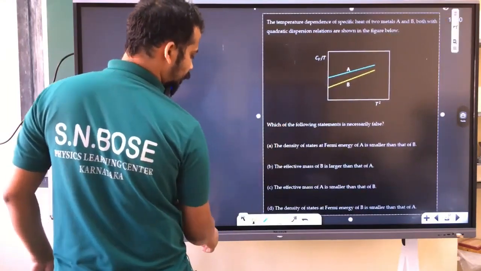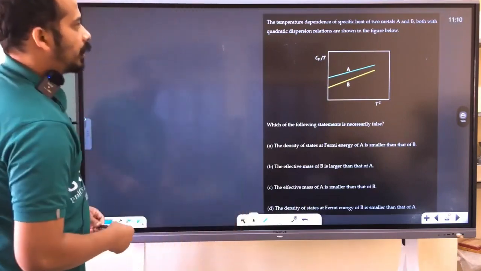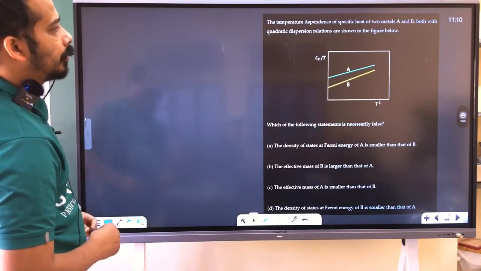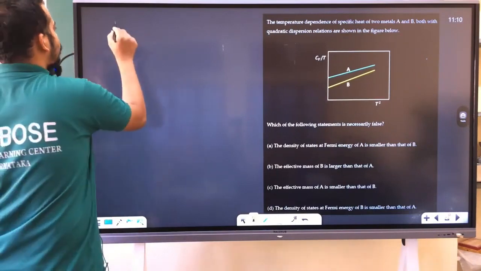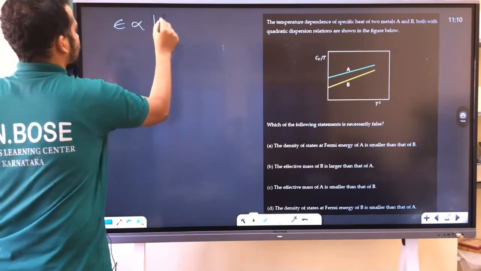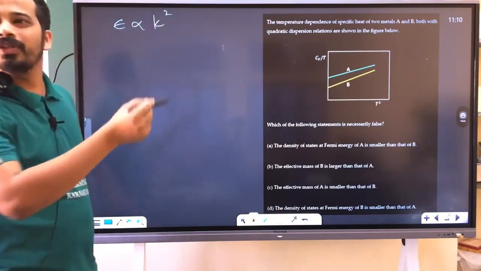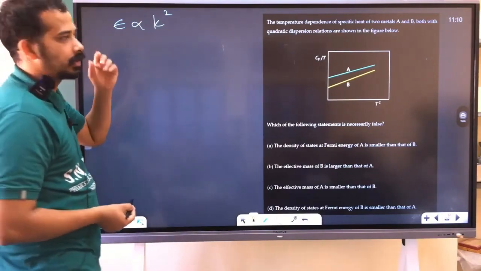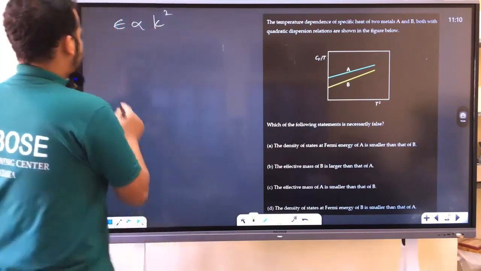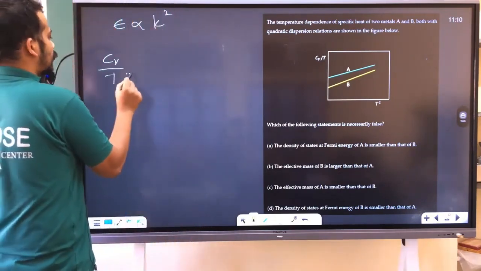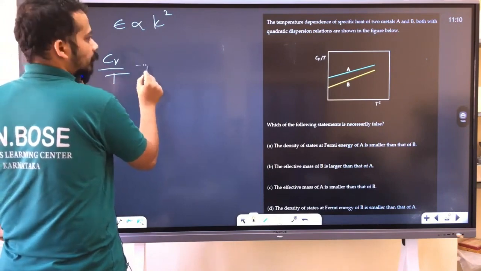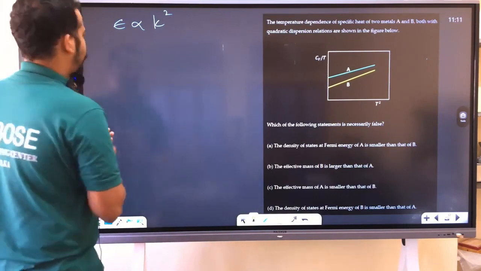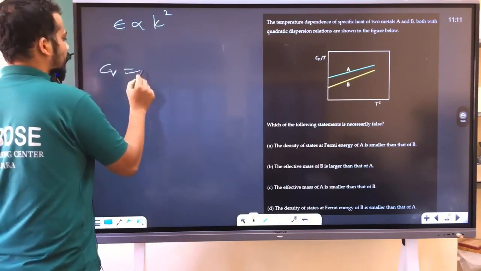Can you guys see this one? The temperature dependence of specific heat of two metals A and B, both with quadratic dispersion relation, is shown in the figure. Quadratic means E proportional to k power 2. That's the usual non-relativistic equation, isn't it? What they have plotted is Cv by T versus T square. If that is a straight line, then Cv should be